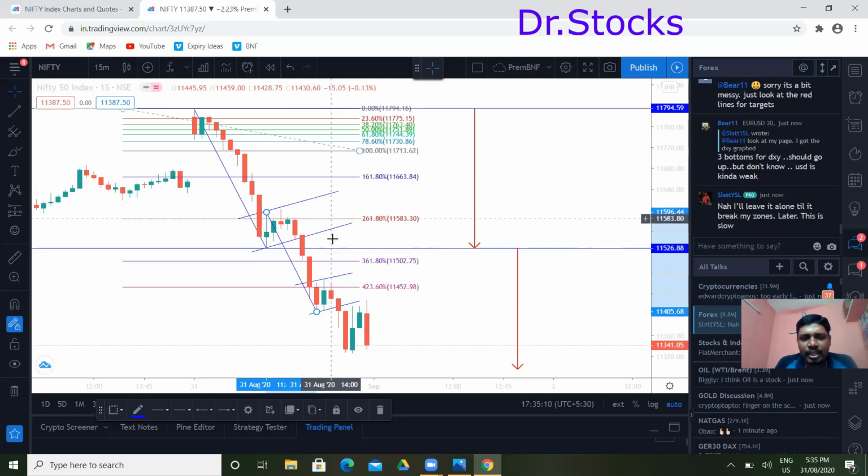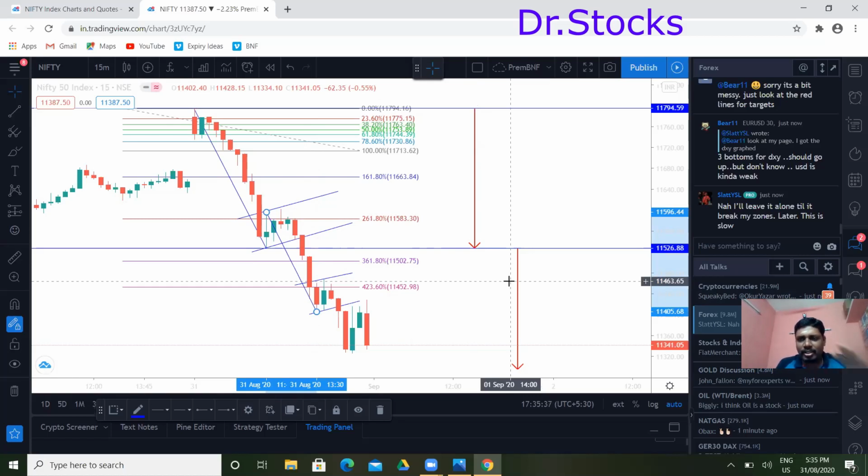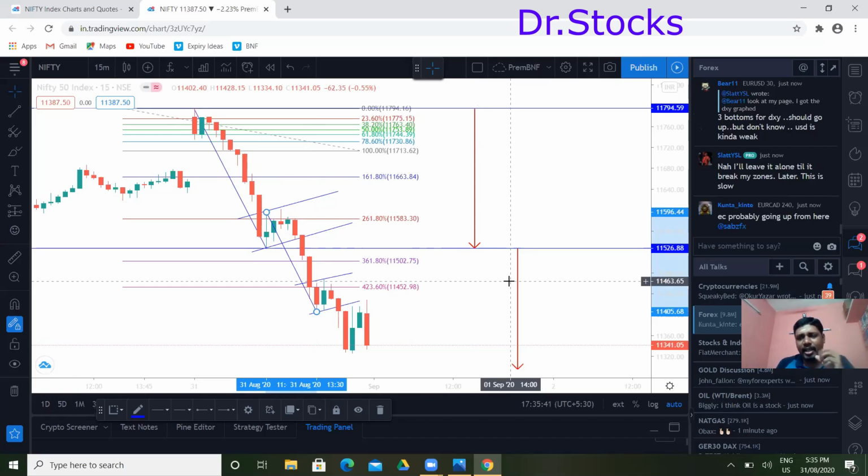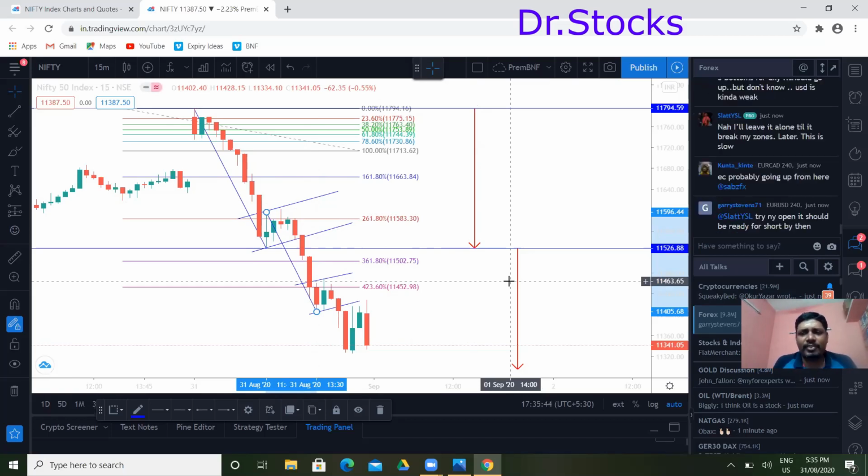Hope you are clear with this inverted flagpole pattern. Your entry should always be in this place and your stop loss should be this place. The channel breakout on the opposite side would be your stop loss. Here it would be your entry. Always you can ideally look for 1/3 of this height as target 1, 2/3 as target 2, and again 3/3 as target 3. Hope this understanding is clear for you guys. Similar things will be happening on the upside as well. That is called the flagpole. So once any day there is a rally happening, I'll try to come up with that video as well for you.